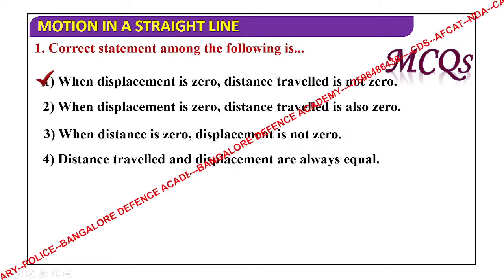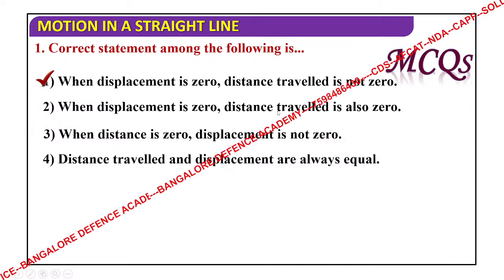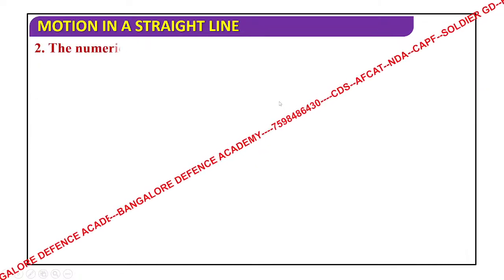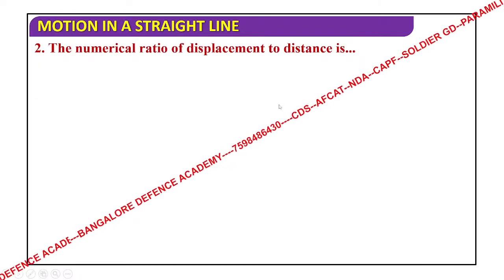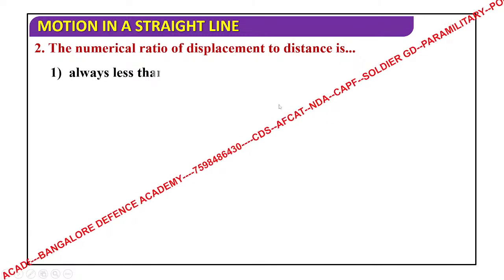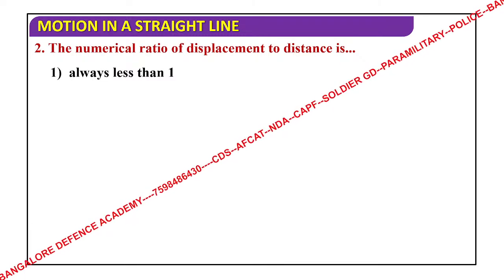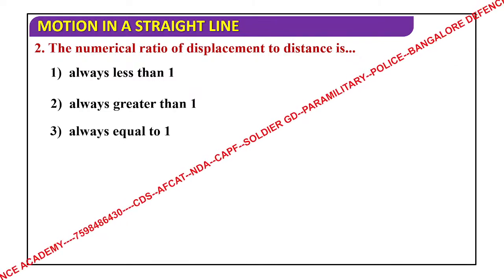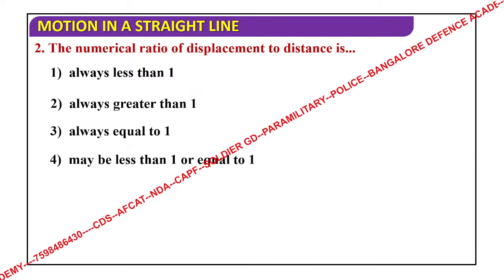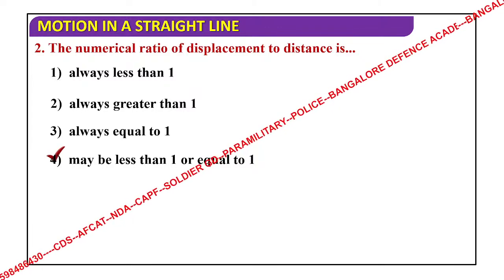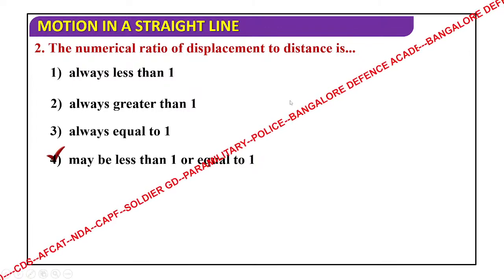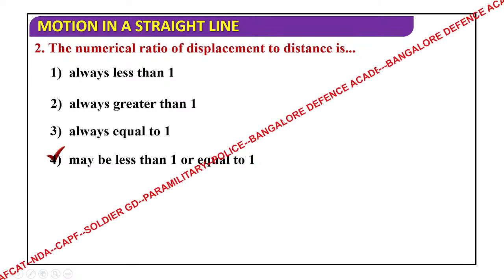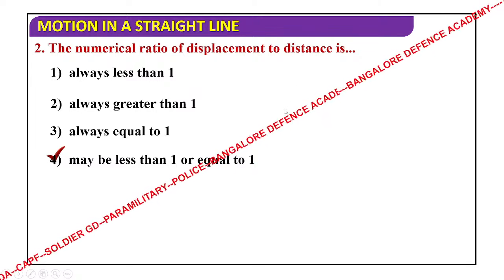The answer is option A. Option 1. Next. The numerical ratio of displacement to distance is. What is the ratio of displacement to distance? Always less than 1, always greater than 1, always equal to 1, maybe less than 1 or equal to 1. Answer is 4. Maybe less than 1 or equal to 1, because we have seen the distance cannot be equal